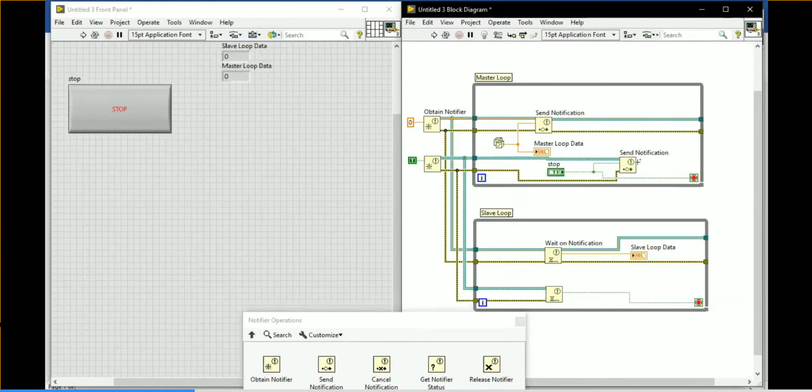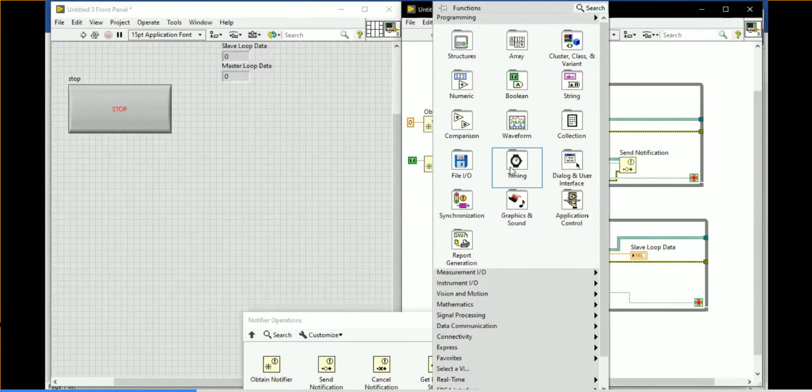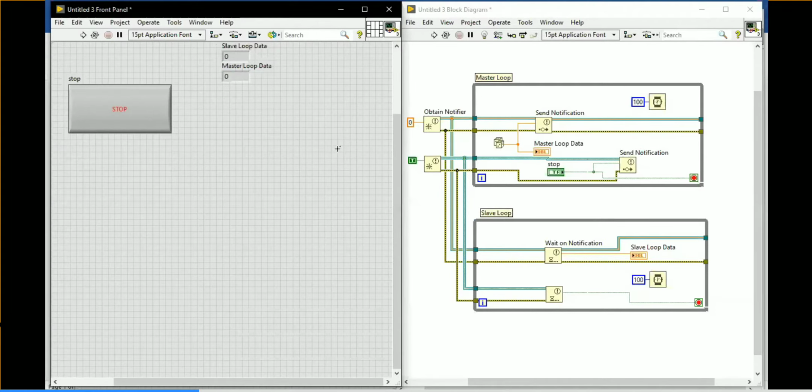So you can use local variable also. I'm not going for local variable. You can use this method to pass the value like this also. And now I'm going to put some time delay over there, between both the loops. For time delay I'm going for timing function. I'm going there, wait a multiple. So take the wait a multiple function, create constant with 100 milliseconds. Again copy the same timing and put it on the slave loop also. So both are synchronized by the timing clock we are providing, 100 milliseconds I am giving over there. We'll see how it is executing.